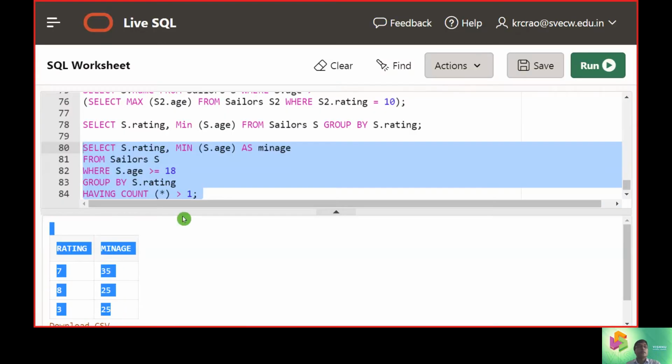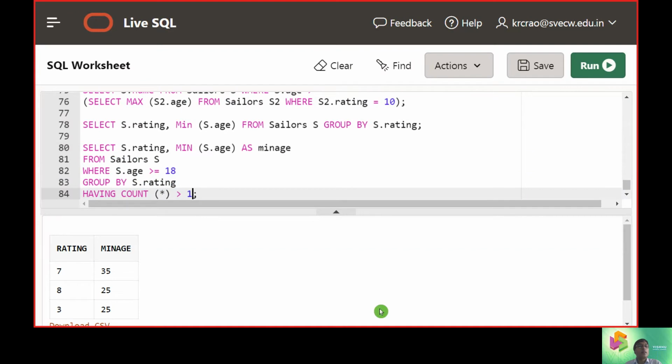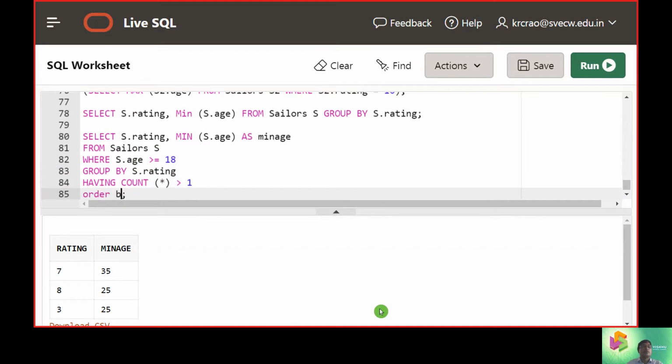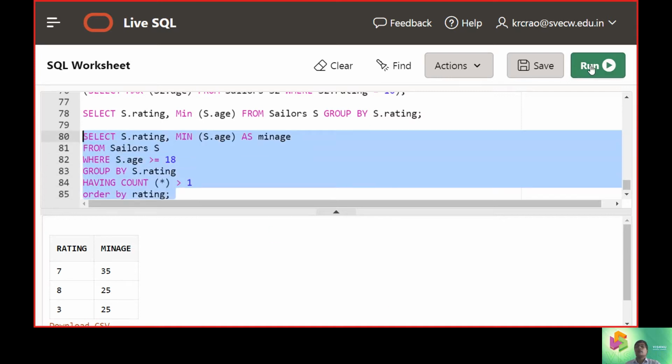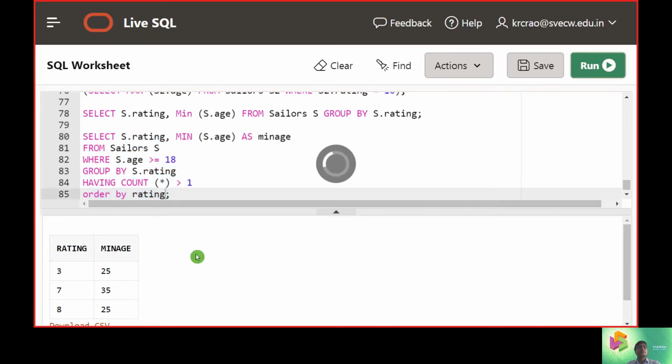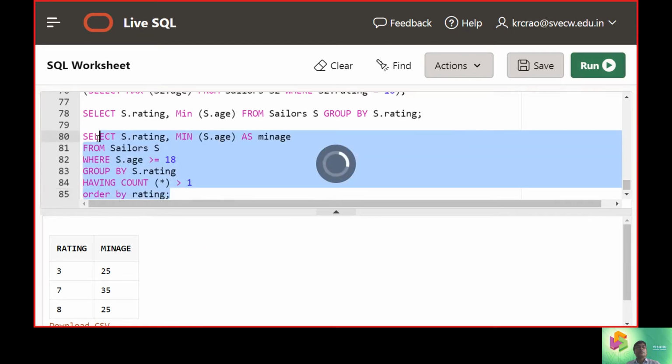So if I say order by rating, let's see whether the order by clause is also supported. Yes, you can see 3, 7, 8. Now all are in ascending order.